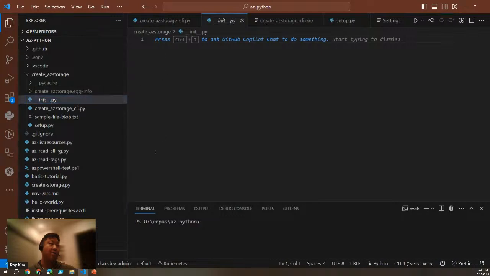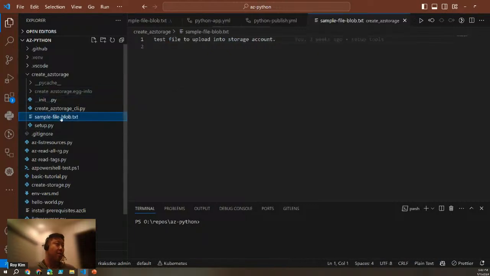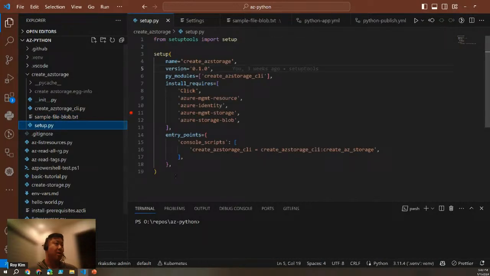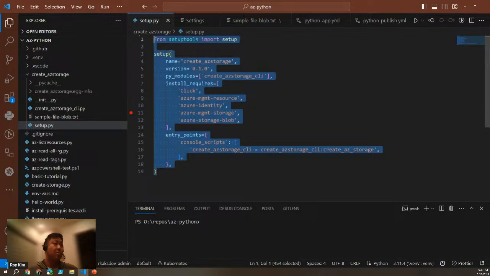There doesn't have to be anything in here. There could be custom configuration, but in my case, I don't need to. I have the file here that I want to upload, and then in terms of the setup package, you import another package called setuptools, and so here is your definition file. So there's a lot here